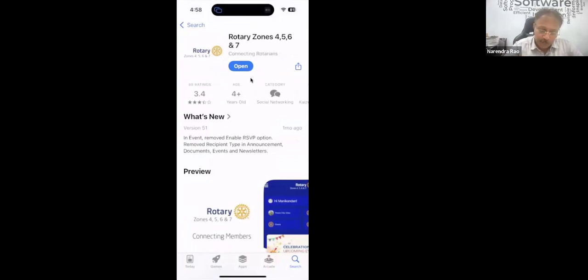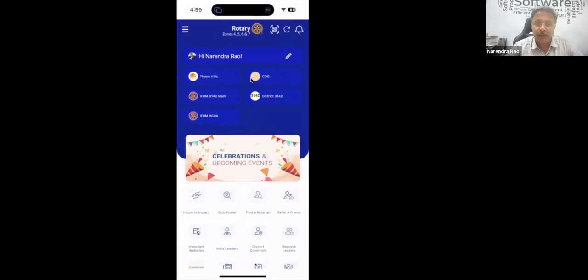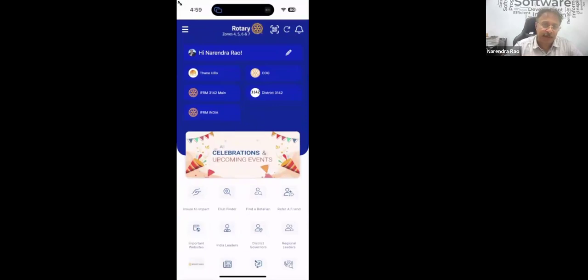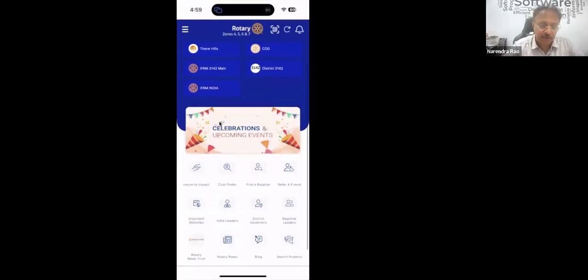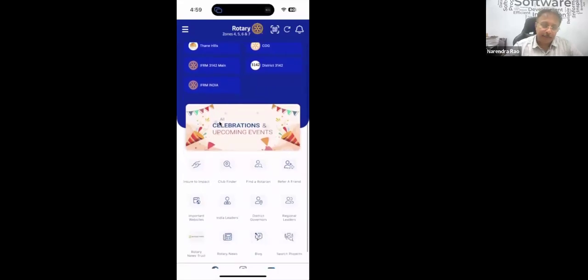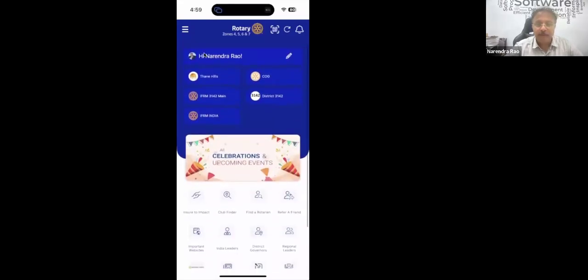Once you download it, you'll have to type your mobile number. Once you type your mobile number, you get a one-time password. And once you type the one-time password, you will get into this screen. In case you have already downloaded, I request you to be on the screen. So let us now use this tool and just enjoy this application for some time. Now, first part is you will see your own name on the top. So that means it is registered in your name.